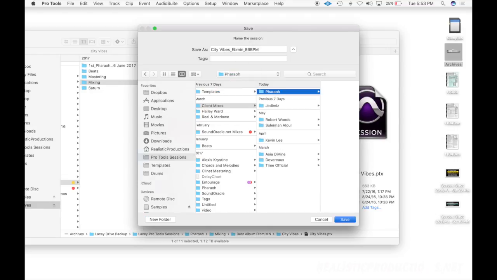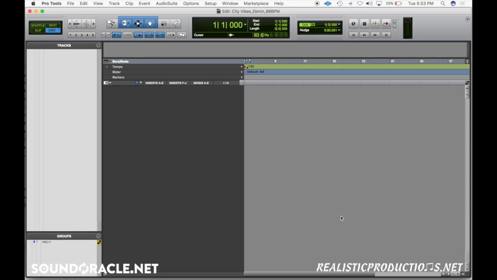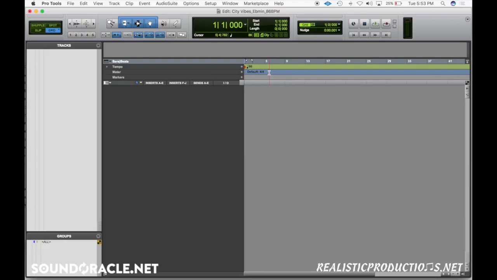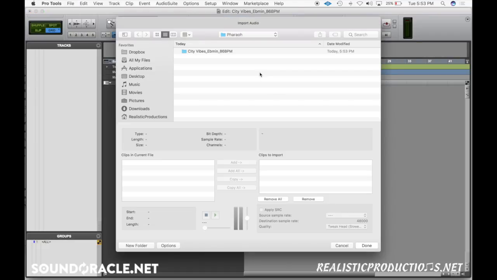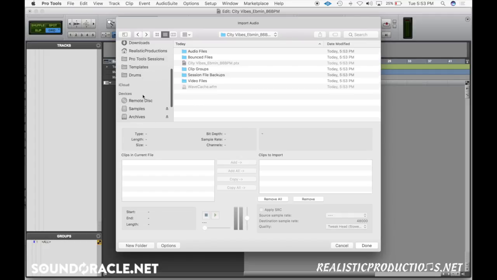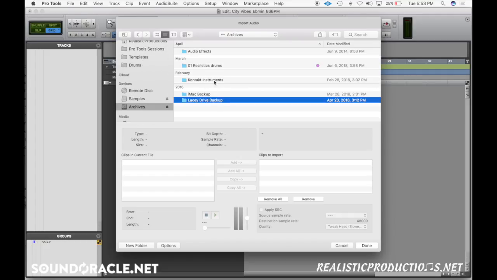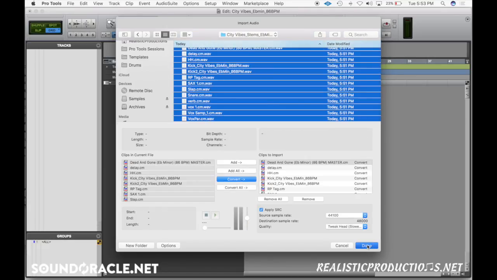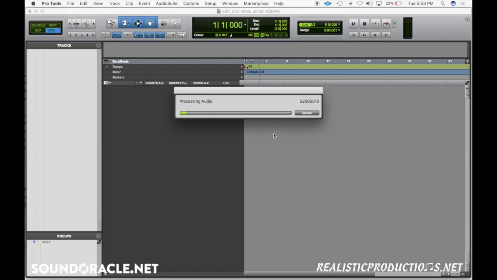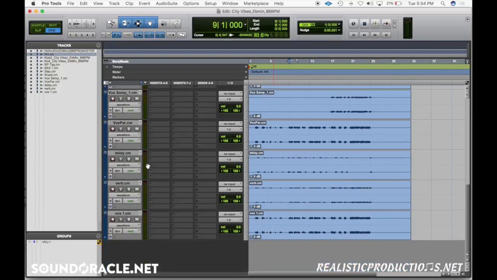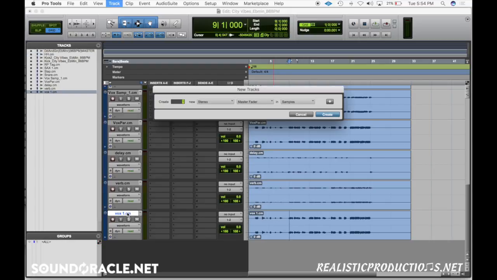None of this stuff really applies to you if you're sending it to me, but what I'll do then is, because I know the BPM, and you've made life easy for me, I can just change that there, and then I can import it. And then what I can do is go to where they were. So let me speed through this really quick. So I got all of these files, I can throw these in here. And as you can see, once it's in here, everything is lined up exactly how it is. They all have the same starting spot. And if I create a master fader here,